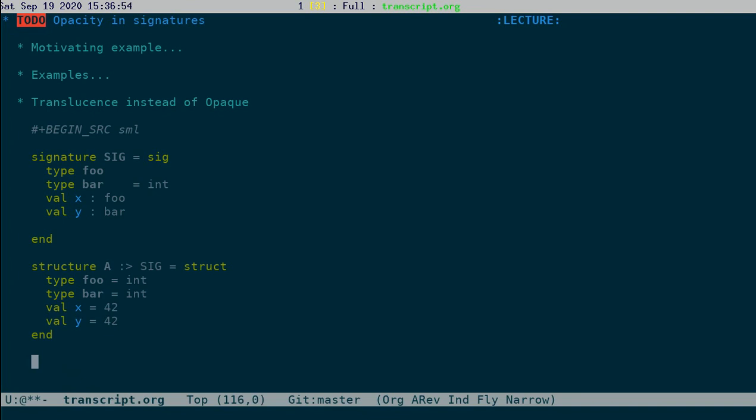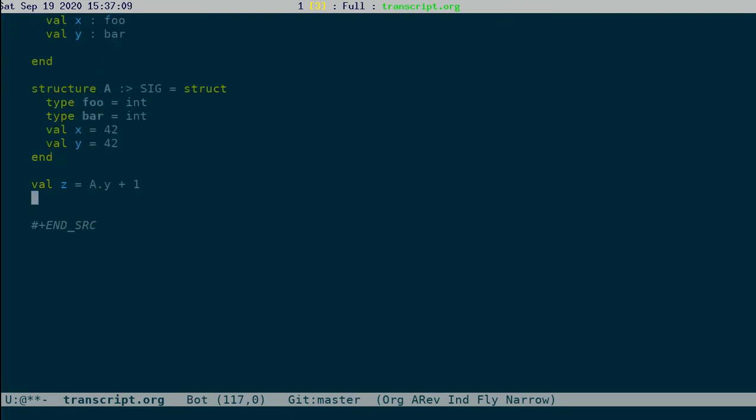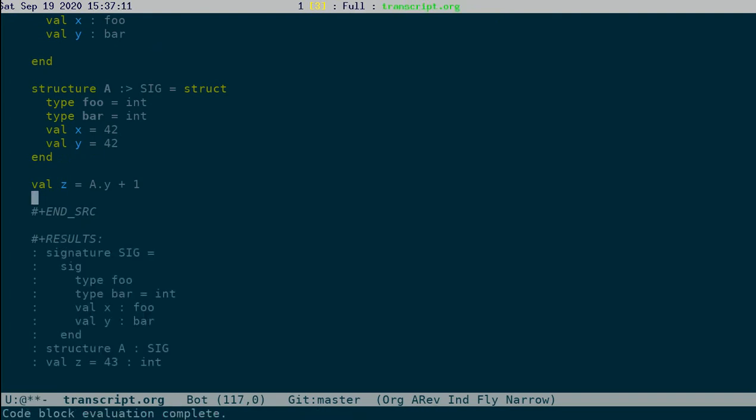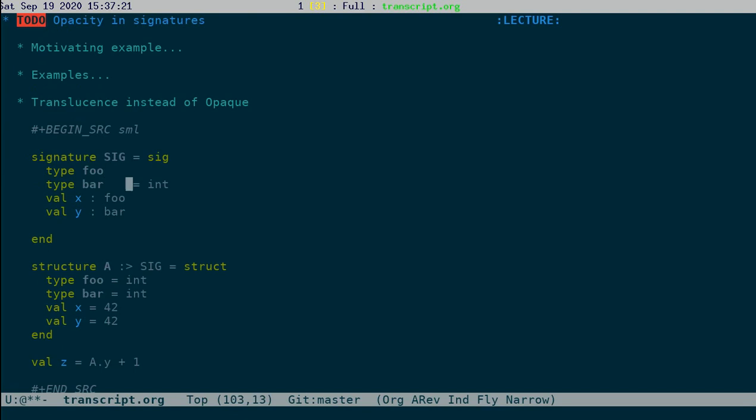So now let's take val z equal to, for example, A.y plus 1. Notice that this recognizes that z is int because y is of type A.bar, and we know that bar is int because in the signature it says bar is int, whereas for foo we don't say anything.